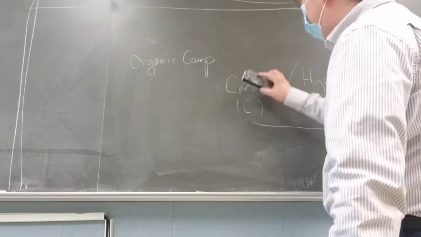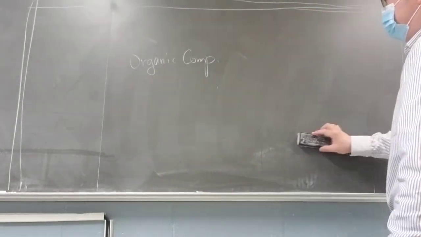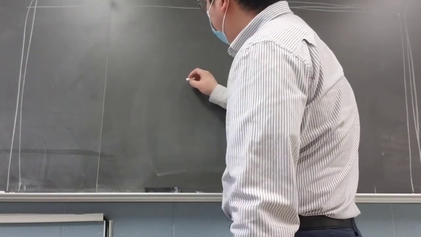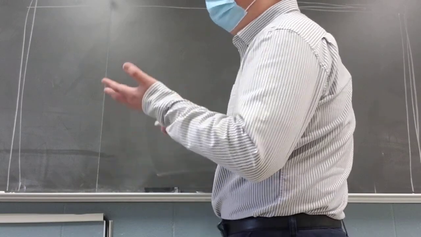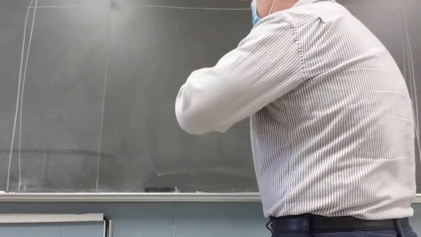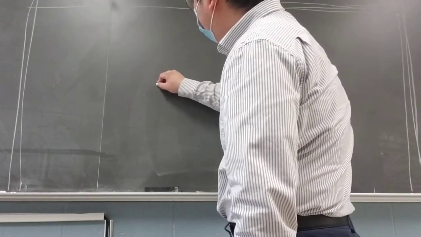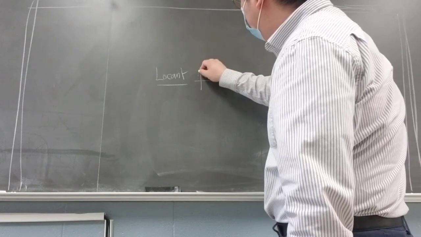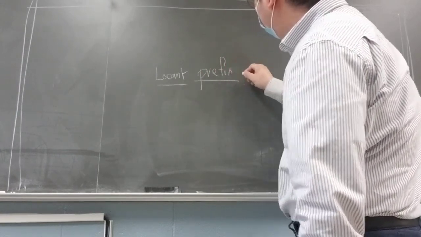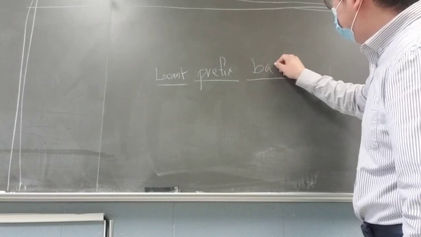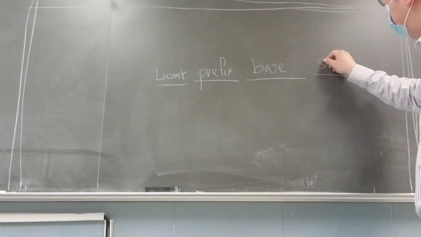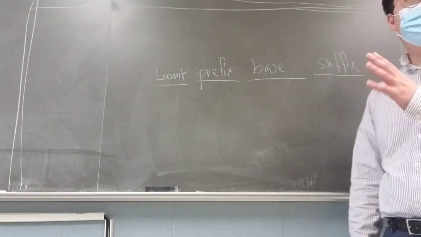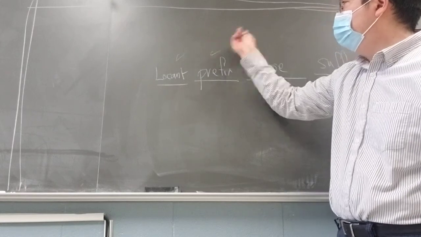So I actually give you one quick names for the organic compounds, but we have three different parts of the name of the organic compounds. So the first one is a locant. The next one is a prefix. Then the next one is a base. And the last one is a suffix. So, but I'm not going to go over these too much though, because the